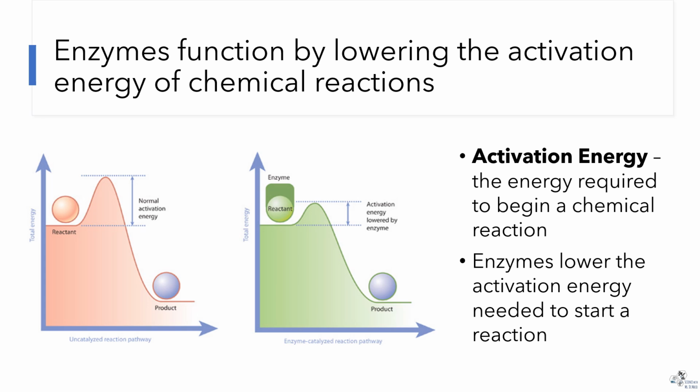It still is dealing with random chemical movement, but the enzyme will hold on to these chemicals as they bump into it and force the chemicals into the proper orientation with each other to force the reaction to occur. And as a result, because the enzyme is holding them there, it's making the reaction more likely. It's lowering that energy burden that would have otherwise been there to put the chemicals in the proper orientation and